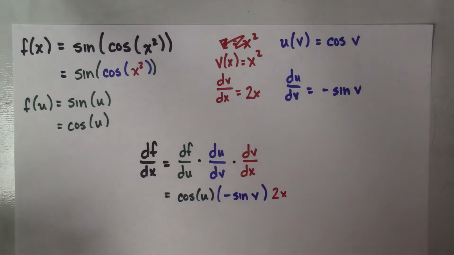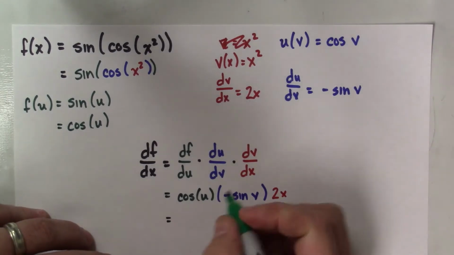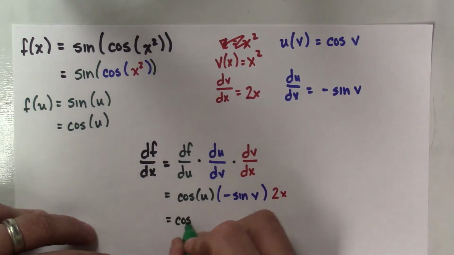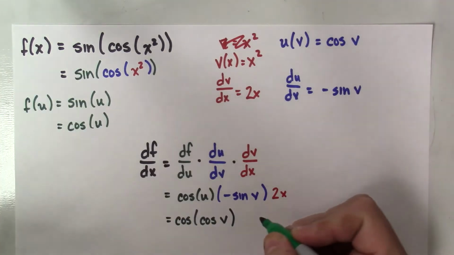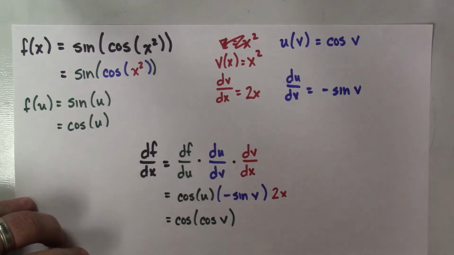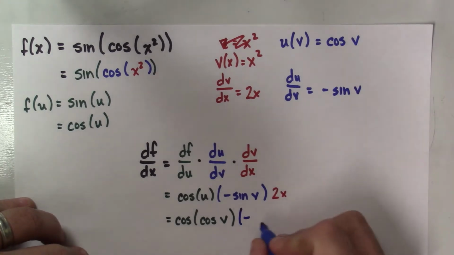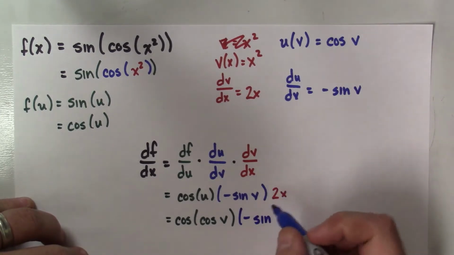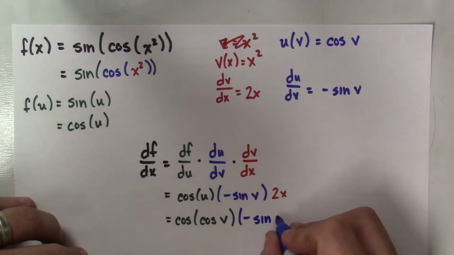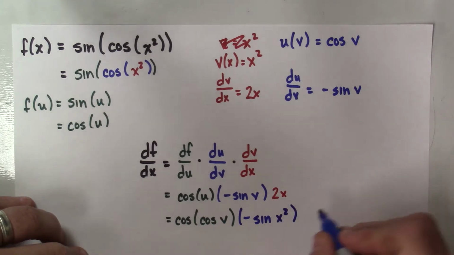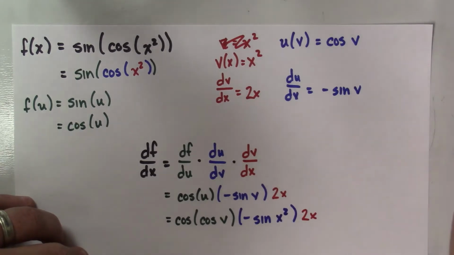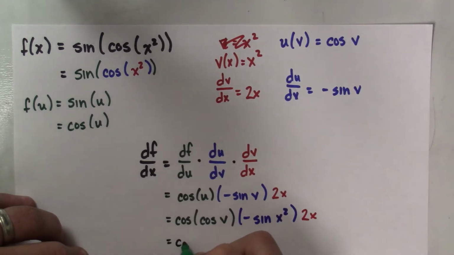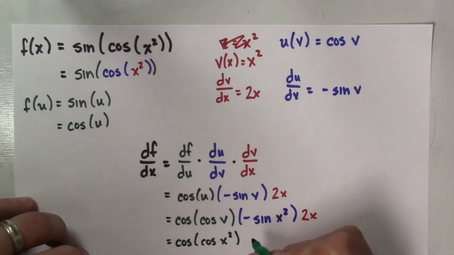Well, cos of u, well u, that's the cosine of v, because u is cos v. This is the negative sine of v. Well, v is x squared. I don't really have to do anything with this 2x, leaving me with the cosine of x squared